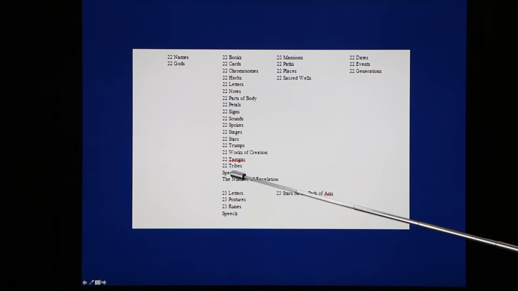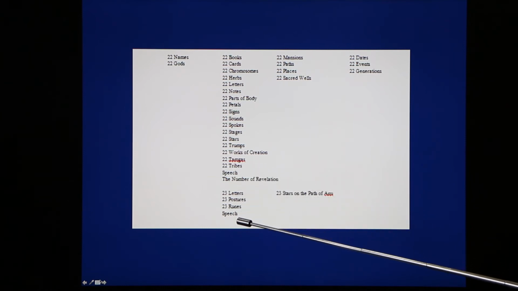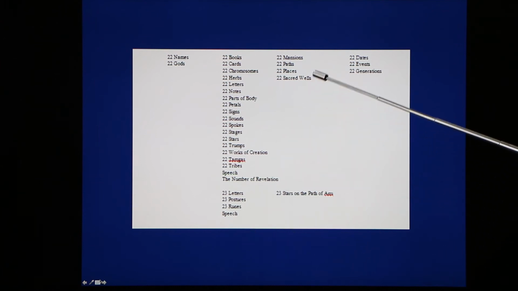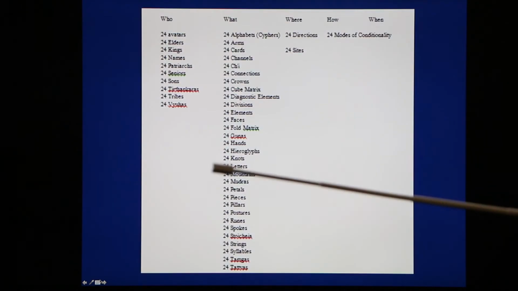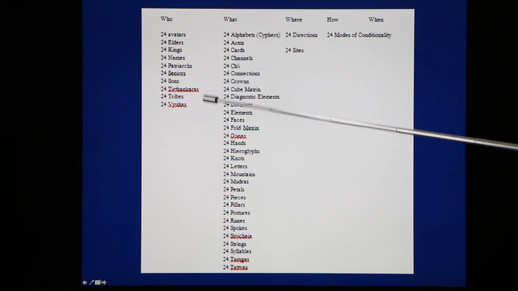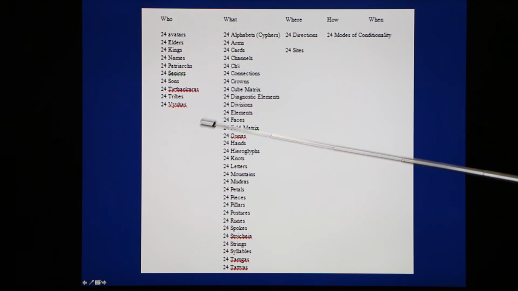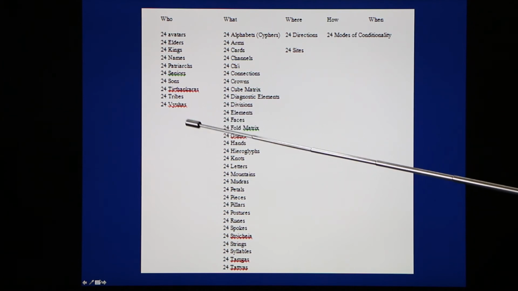22 works of creation, tamgas, tribes, letters, postures, runes, mansions, paths, places, sacred wells, dates, events, generations. 24. Well, 24 avatars, elders, kings, names, patriarchs, seniors, sons, Trantakas, tribes, Vayuas,